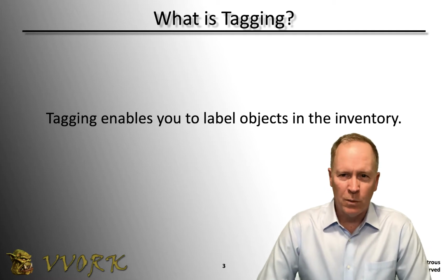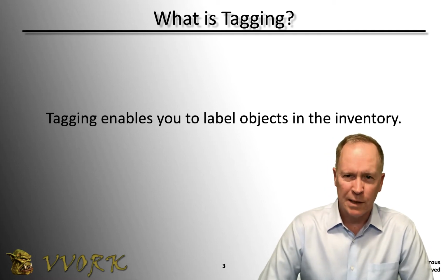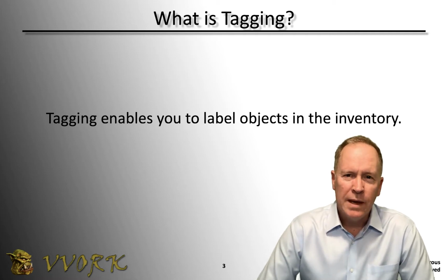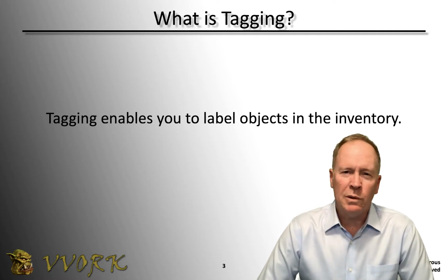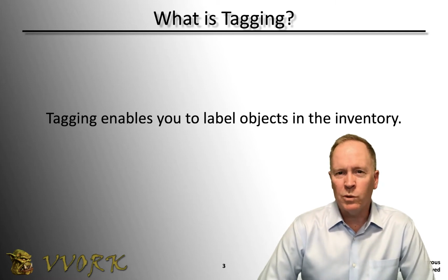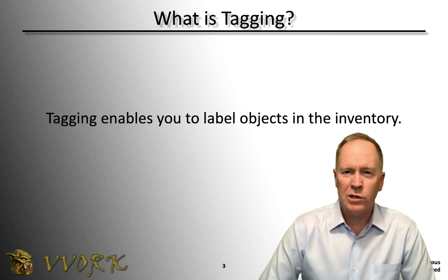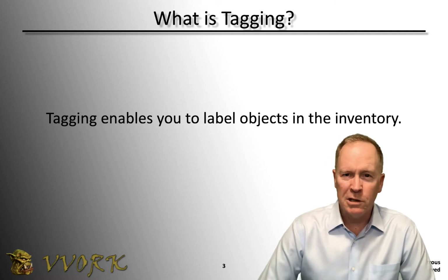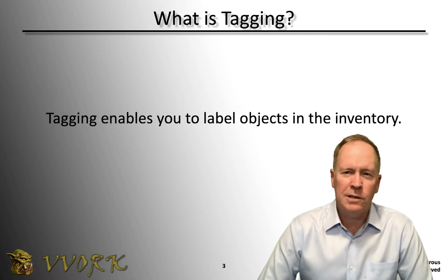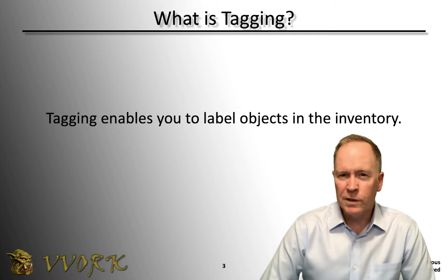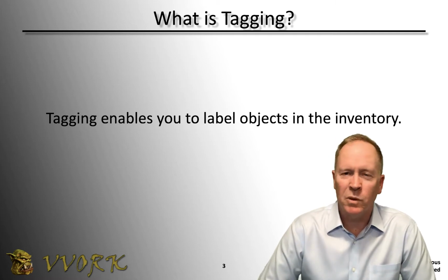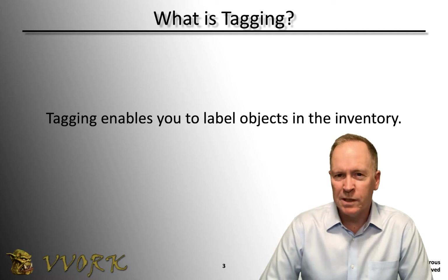Tagging is a feature available in all 3 editions of vRealize operations, in Standard Edition, Advanced Edition, and Enterprise Edition. It's a feature that enables you to label the objects in your inventory. So for instance, if you want to label your virtual machines based on which department owns each virtual machine, you can do that with tagging. Or if you want to label your hosts and clusters and data stores based on their service level agreements, you can do so. You can use tagging for those 2 simple examples and lots of other purposes that we'll explore